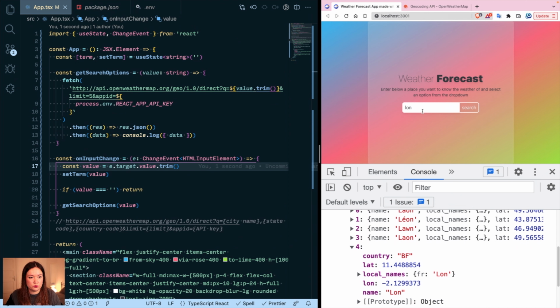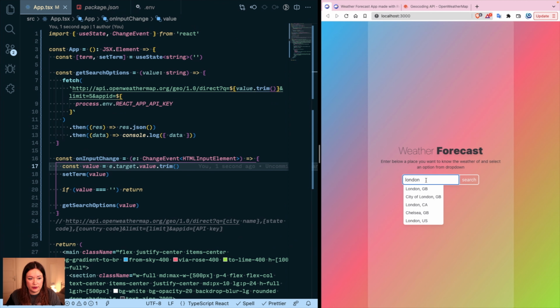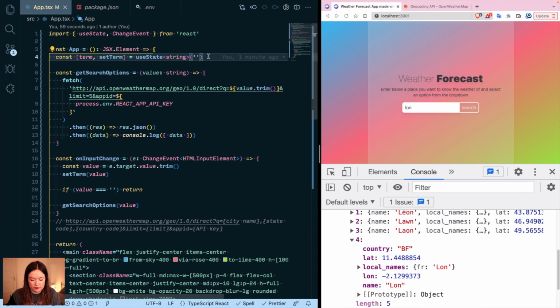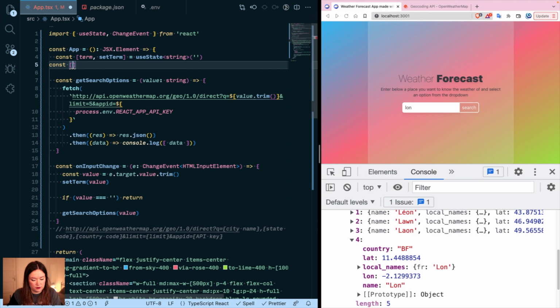So in order to show the user that they have an option to select from, like here, if we do lawn, you see that's actually exactly the same thing that we got from the API, but we want to display to the user so the user can click on it, populate the input field, and then continue with the next request. Let's create a variable, const options,